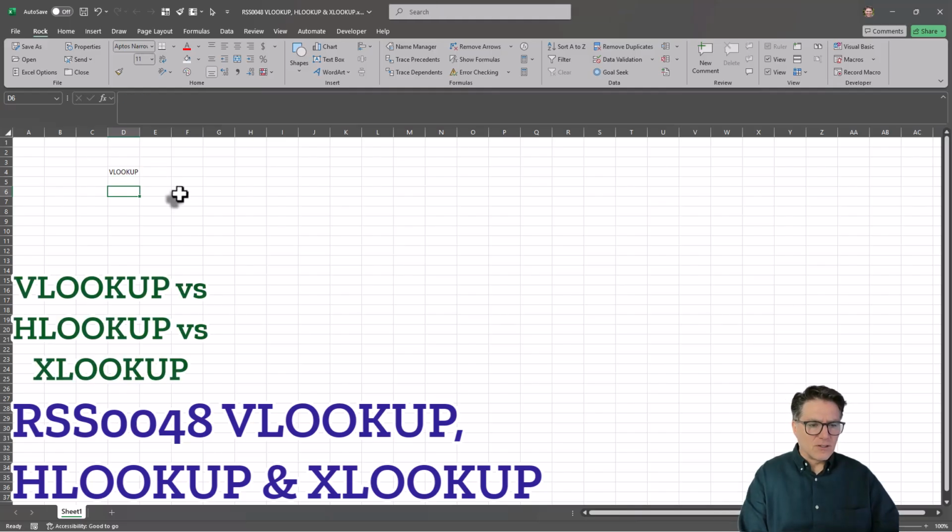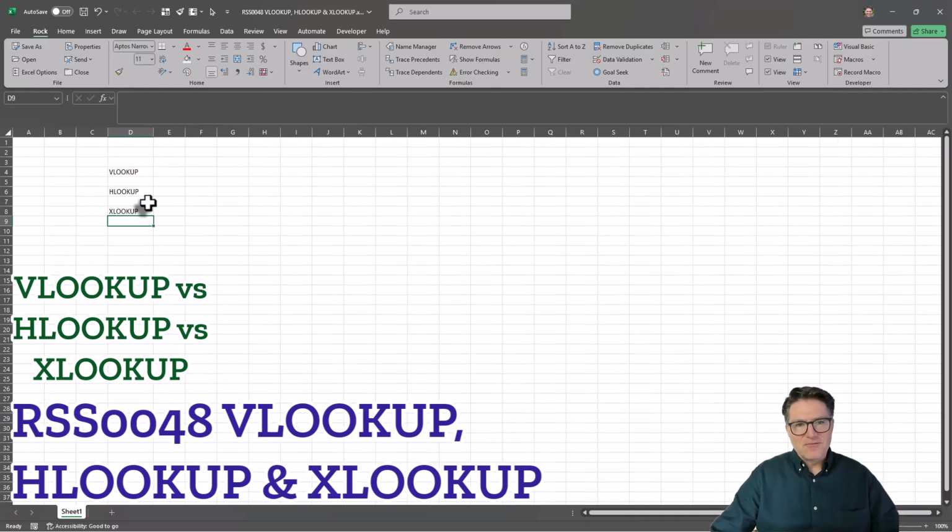VLOOKUP is a vertical lookup, HLOOKUP is a horizontal lookup, and XLOOKUP is the relatively new function that can do either vertical or horizontal, and it also has some other features that make it what I now use instead of VLOOKUP and HLOOKUP, which I used to use all the time. But happily now there's this replacement. The limitations that I'll show you from VLOOKUP and HLOOKUP will make you happy as well that XLOOKUP is now